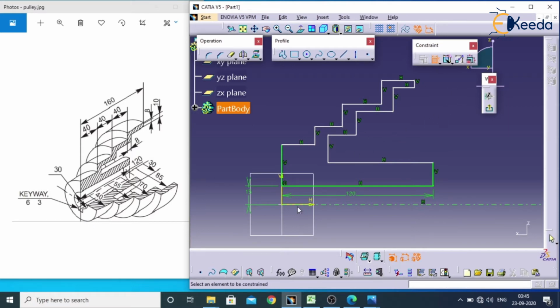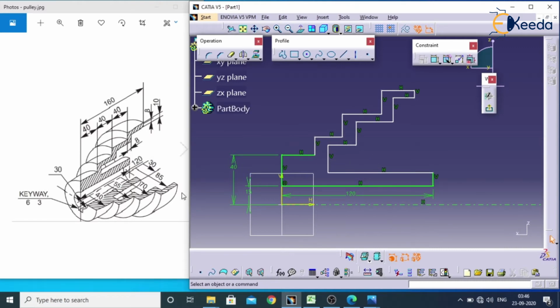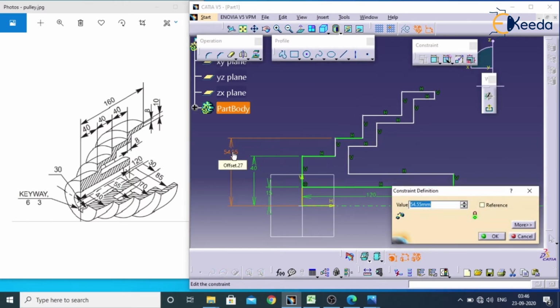So go for constraint, select this axis and select this, double click on this, and give 40. The next one we have here is 55 from this axis to here. So select this, click on this and click on this, give 55.